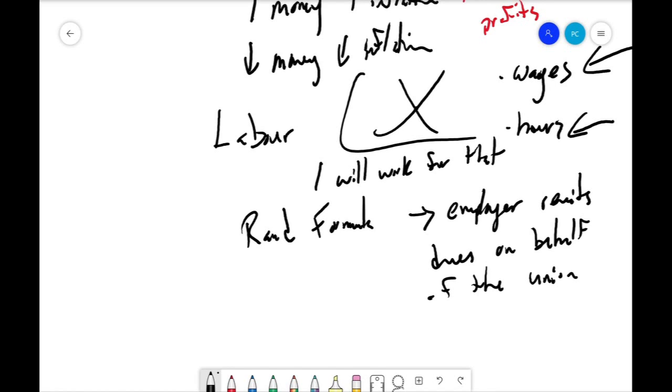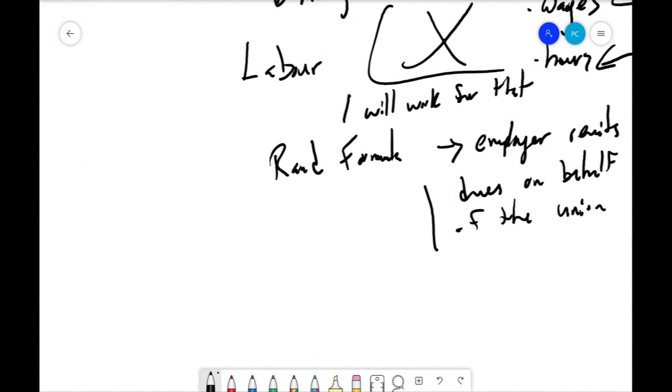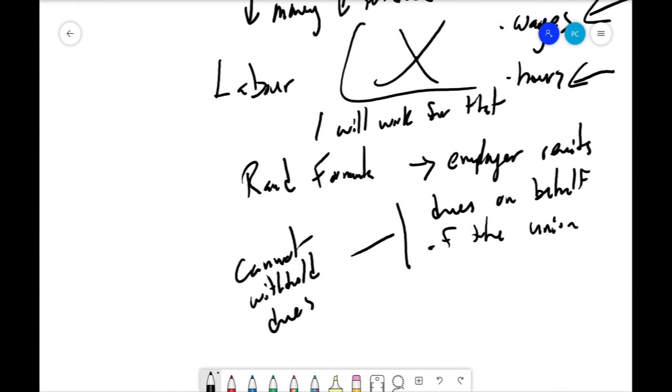Why is that such a big deal? It's a big deal because in that way you cannot, as an individual, withhold dues. So if you get a job that has a union, for instance, like a teacher, I can't not pay my union dues. The employer collects and remits that on my behalf. I never actually see that money. It's gone by the time I get my paycheck, just like income tax and CPP and all those things that get taken off your income.